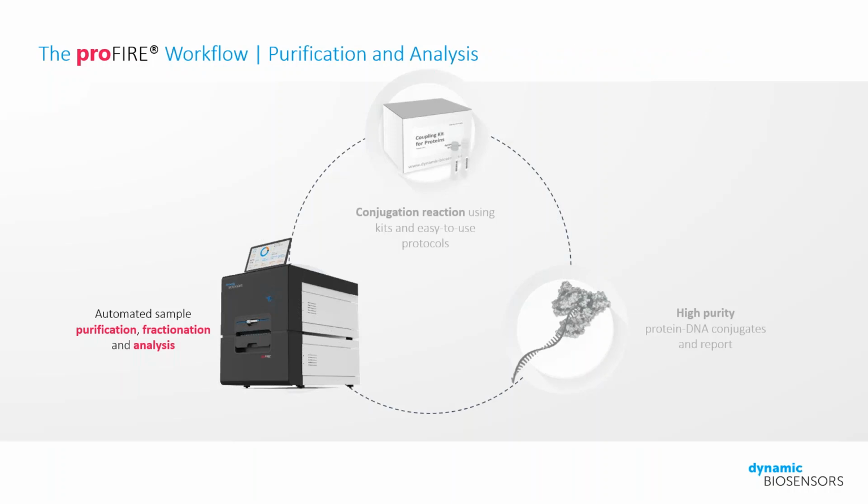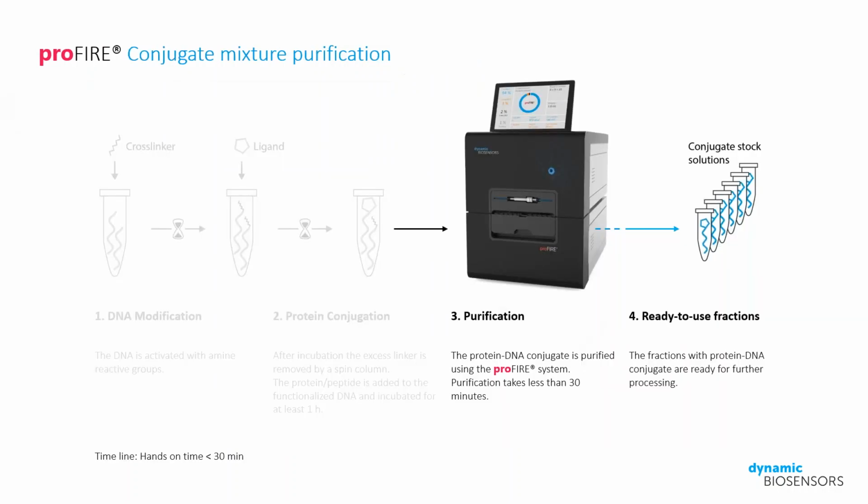And as reactions typically do not go to completion, this is where the second element of our workflow comes into play: the purification of the conjugate from the unreacted starting components of the conjugation reaction. In this case, they would be the unconjugated DNA, the remnant cross-linker, as well as unconjugated proteins. Our proFIRE device is an automated liquid chromatography system that enables you to purify your protein DNA conjugates in less